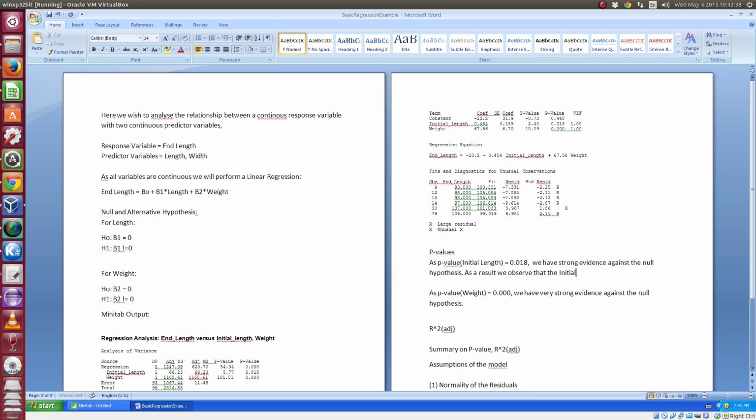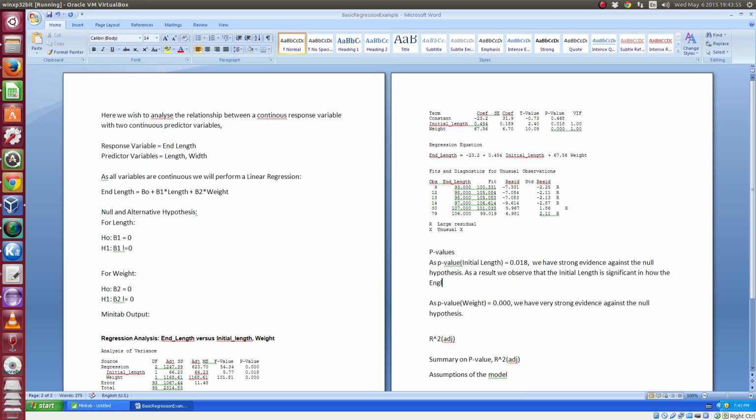Okay, so as a result, we observe that the initial length, sorry, just trying to think of the best way of wording this. As a result, we observe that the initial length is significant in how the end length is calculated,